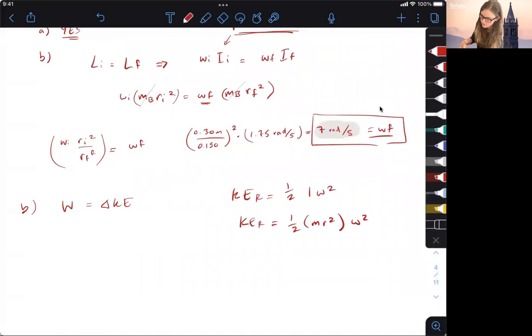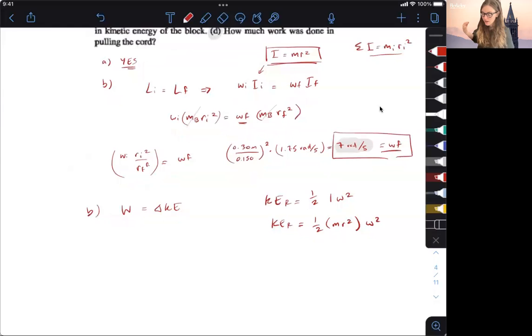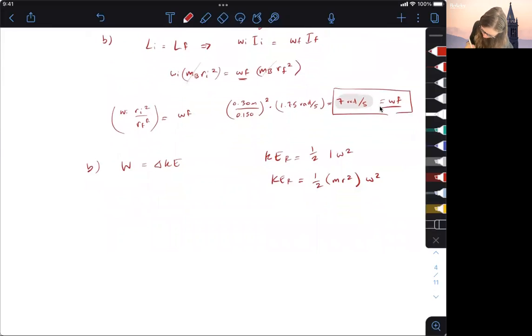Okay. So we're going to take our initial kinetic energy and our final kinetic energy, and figure out the change in between those, and that's going to give us the work that we did by pulling that block down. Because we applied a force, we moved it down, and that's the work that we did. So work is equal to our final KF